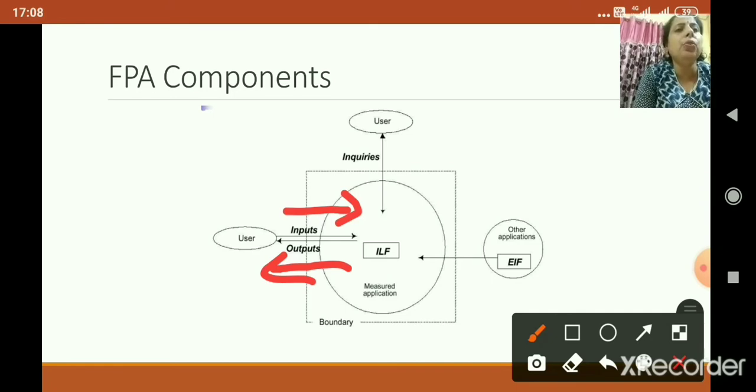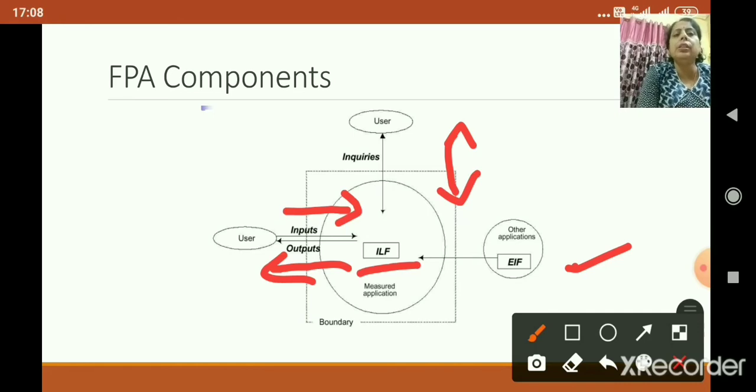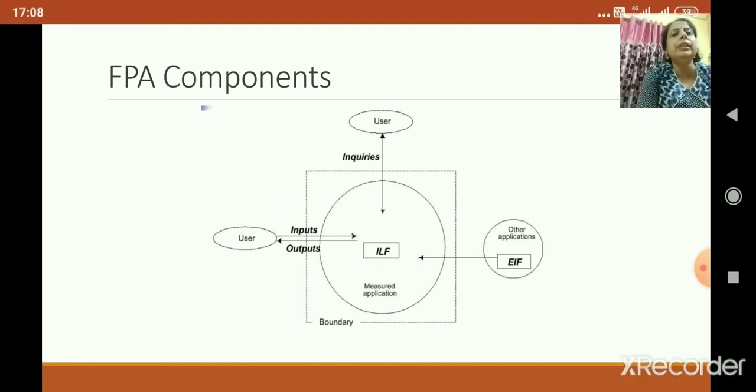Then user inquiry, what the user wants to know. Then the internal logical files and the external interfaces. External interfaces means other software which uses this software. These functions are included in the function point metric calculation.